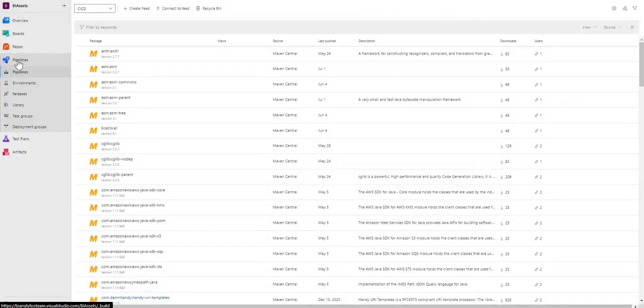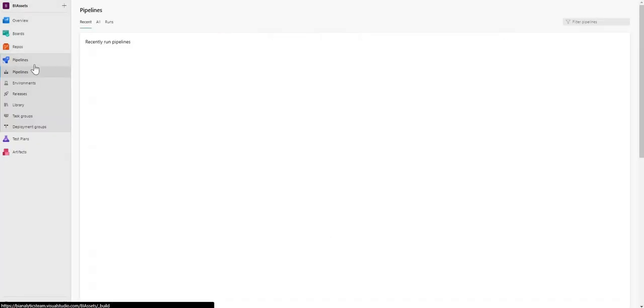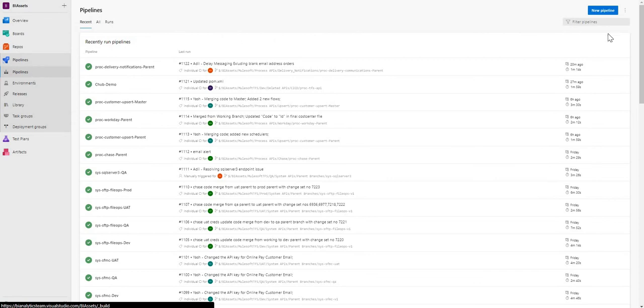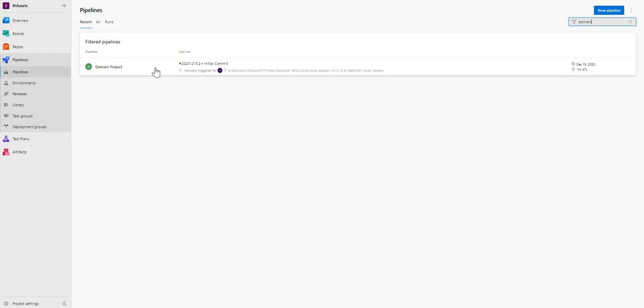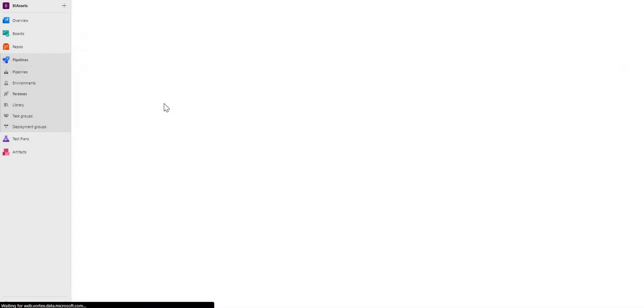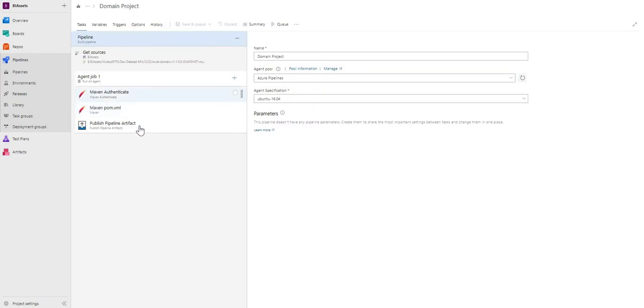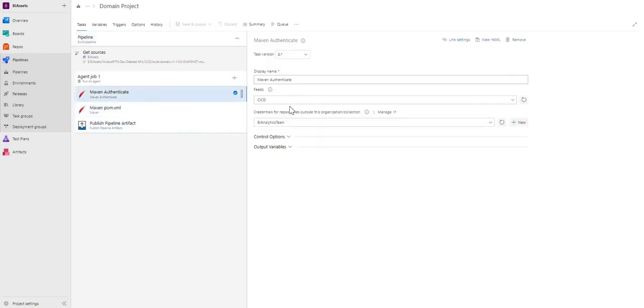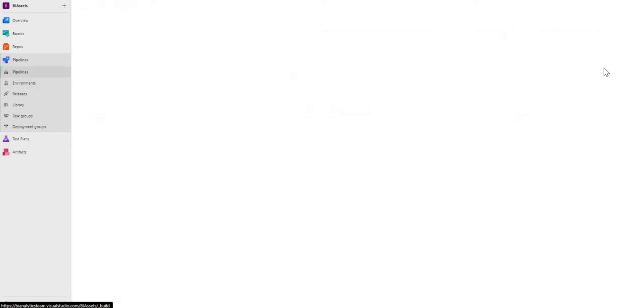So going to the pipelines, I'll also quickly show you the CI for the domain project. It isn't any different from the pipeline which we created for CloudHub. So it just has this additional task here which specifies the Artifactory, and we would be requiring this for our on-prem CI part as well. So going back,